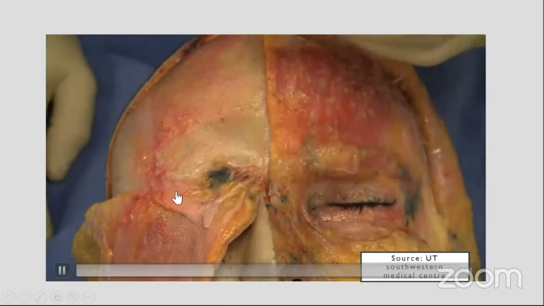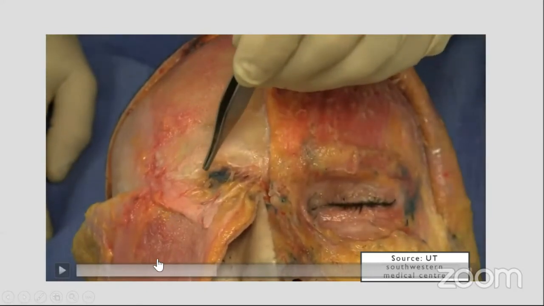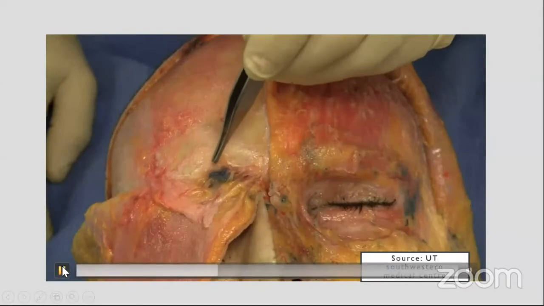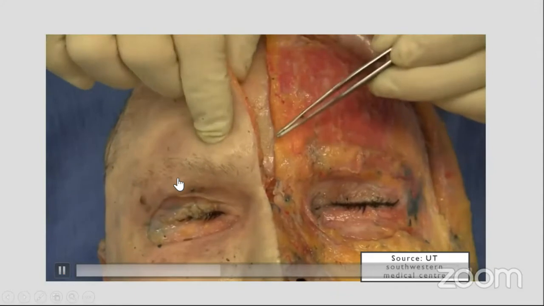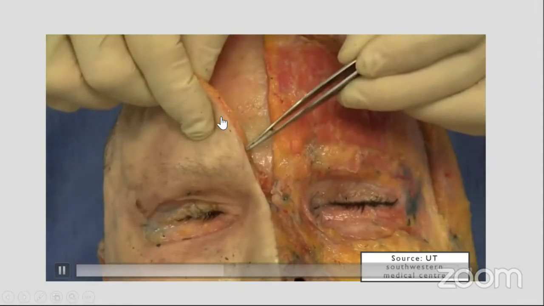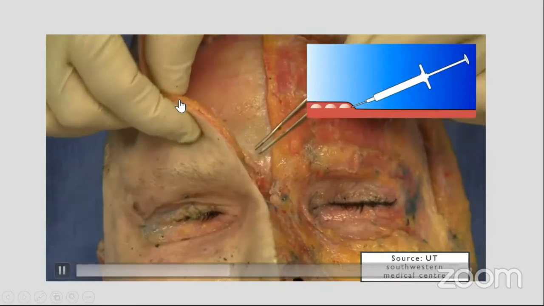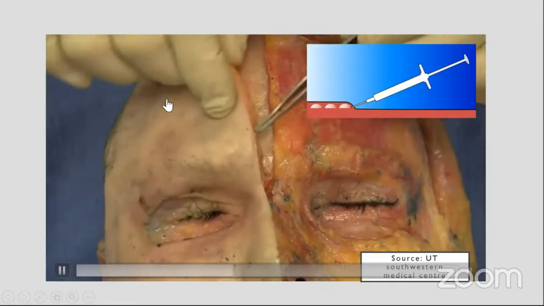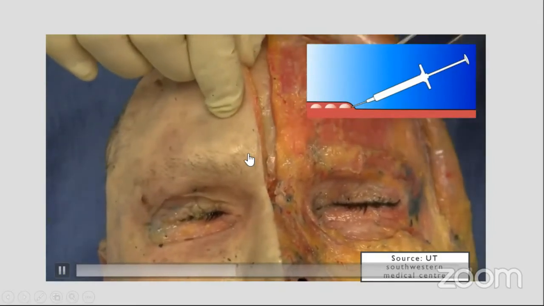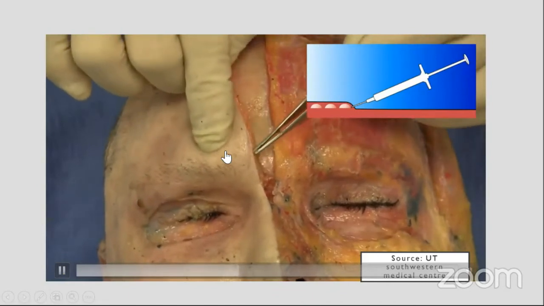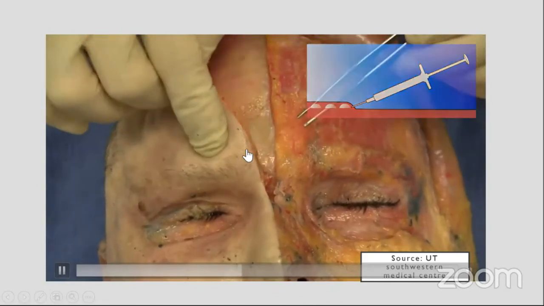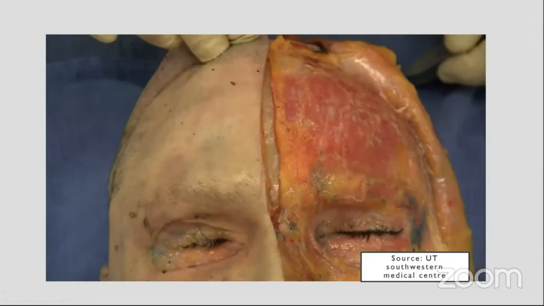Further on in this area, as you see, there is the frontalis muscle, the corrugator and the procerus muscle. Then we see the supraorbital nerves which run in the middle area here. Injecting here can cause neuromas and hematomas. So when you are injecting fillers, inject small boluses with a small, slow push. Do not inject fast.